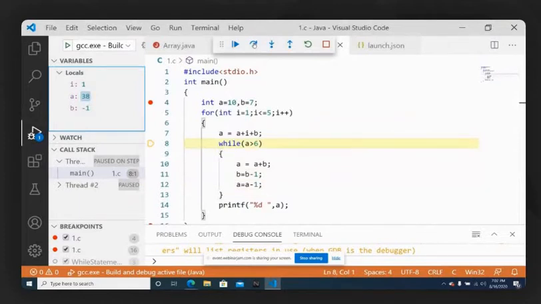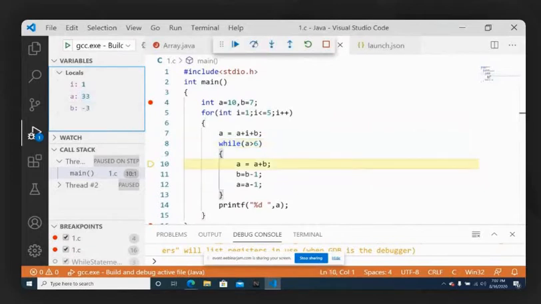Now see, so far A was on the increasing phase. Now only A started decrementing. Okay, so now we will come to an end. Okay, sure. So you just keep on executing these three lines. Now you see if the present A value is 33, B value is minus 3.